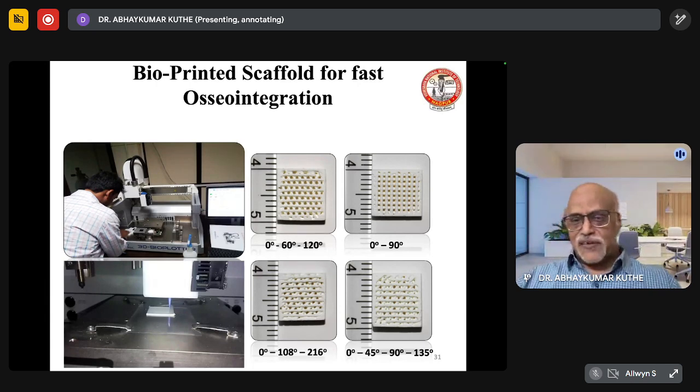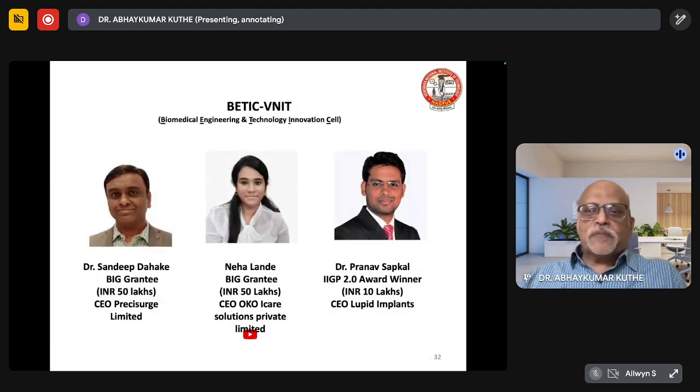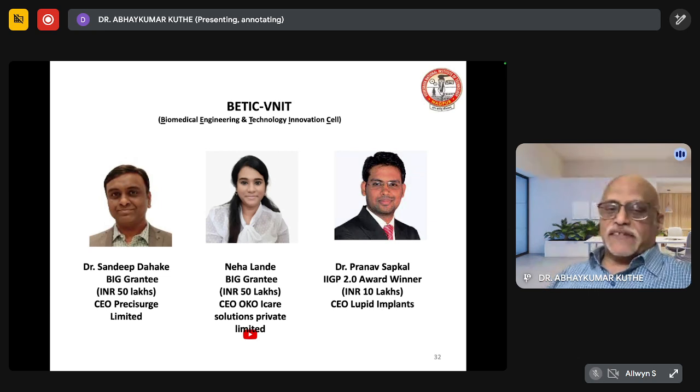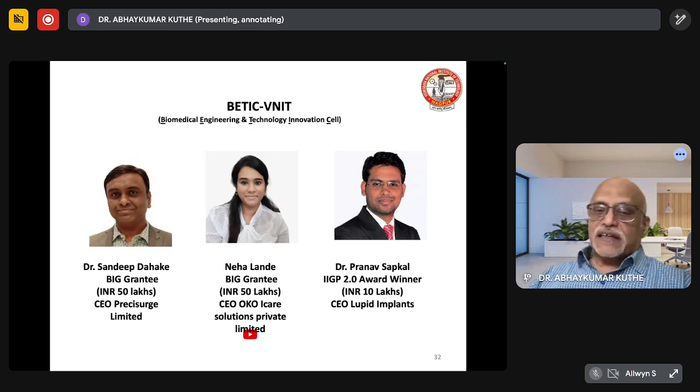And ultimately, there are so many other factors to be considered when the scaffold is to be fabricated. I'm happy to tell you that these three students of mine, Dr. Sandeep Dahake, Neha, and Dr. Pranav, have worked extensively in this particular domain. As I already mentioned to you, Dr. Sandeep has worked in the domain of developing the surgical guide. Then Neha has worked in so-called